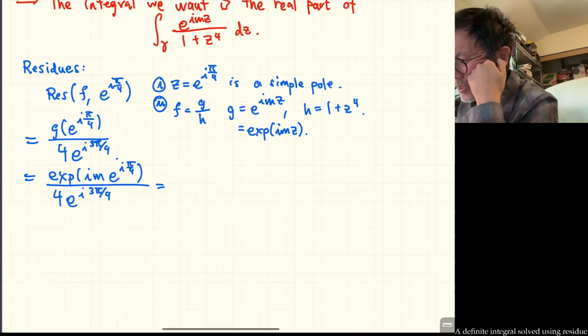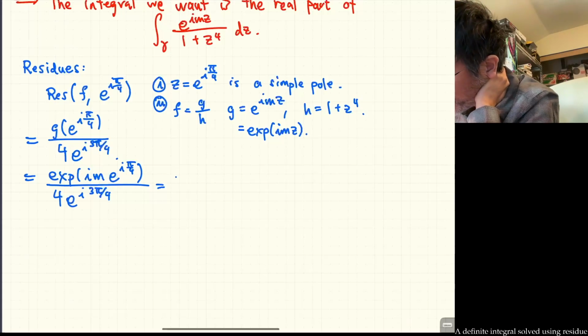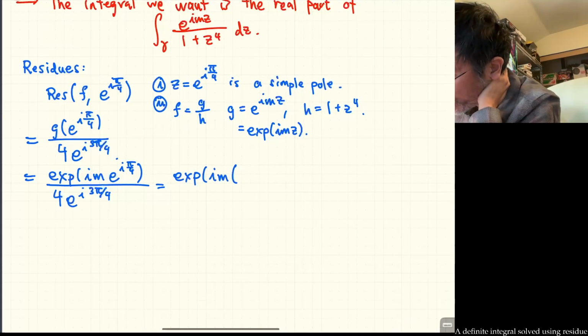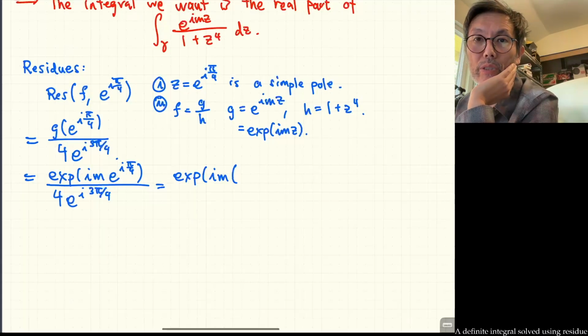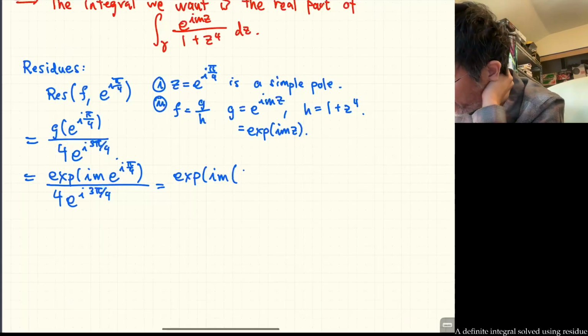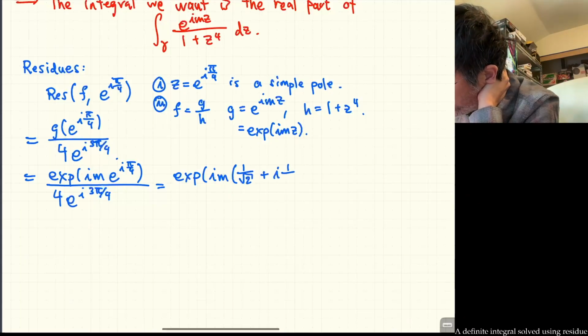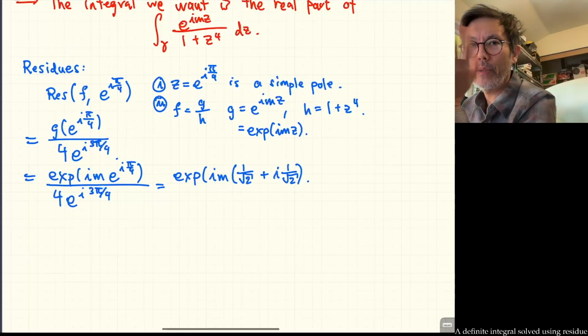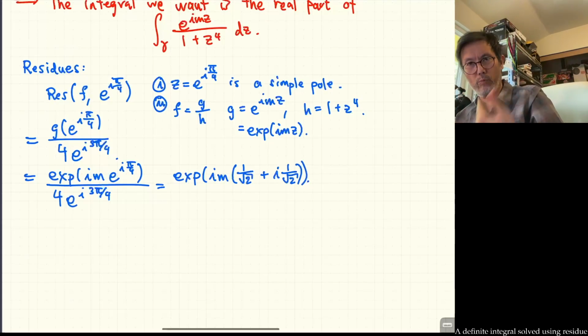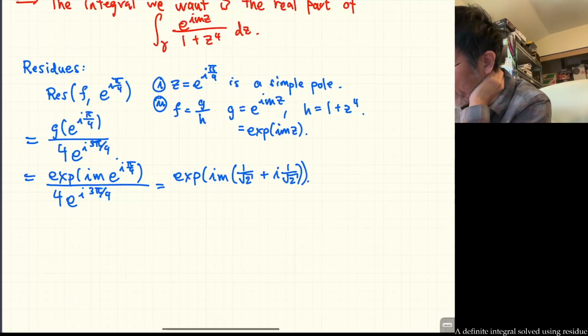Really looking to understand the real and imaginary parts of this residue. e to the i pi over 4, okay. We can write this as exp of im times, and the real and imaginary parts of e to the i pi over 4 are obtainable using good old Euler's identity. So that's 1 over square root of 2 plus i times 1 over square root of 2, because the cosine of pi over 4 is 1 over root 2, and the sine is also 1 over root 2. And then this gets divided by 4 times